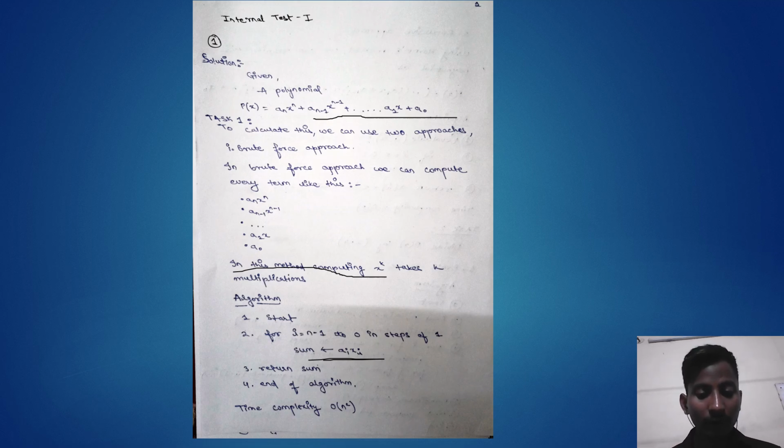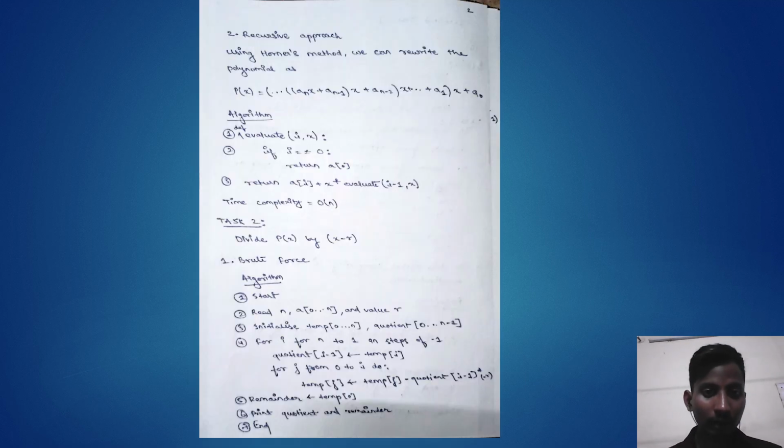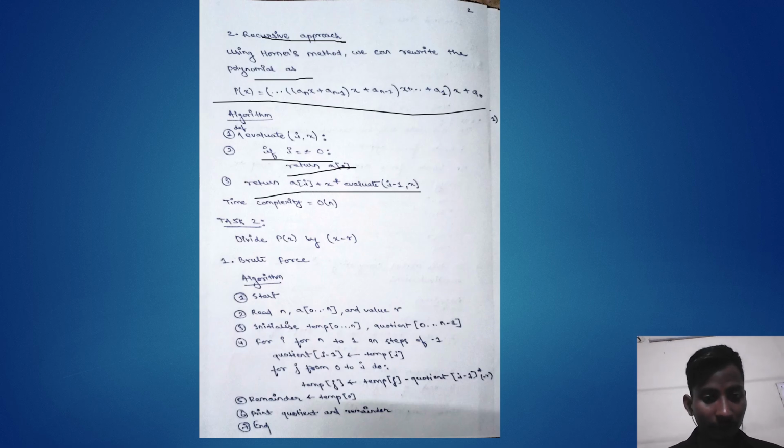the algorithm. The time complexity is big O of n square. The second approach is the recursive approach. Using the Horner method, we can rewrite the polynomial as this, this is the equation of the polynomial algorithm. Evaluate a function which has two arguments. Have one condition: if i is not equal to 0, so return a of i and return the whole function. Then the time complexity is big O of n, and